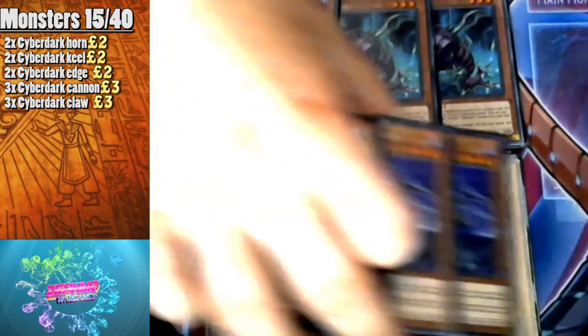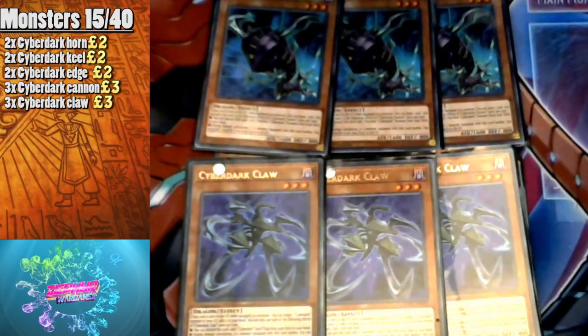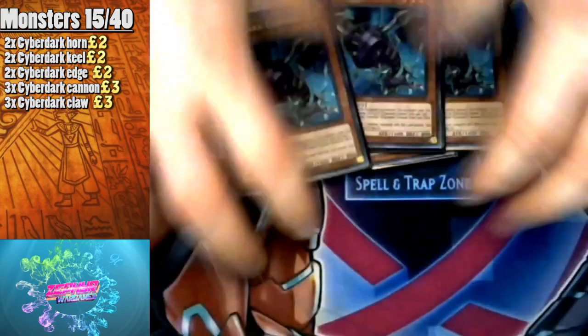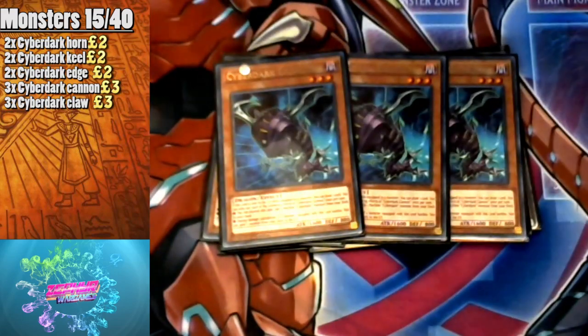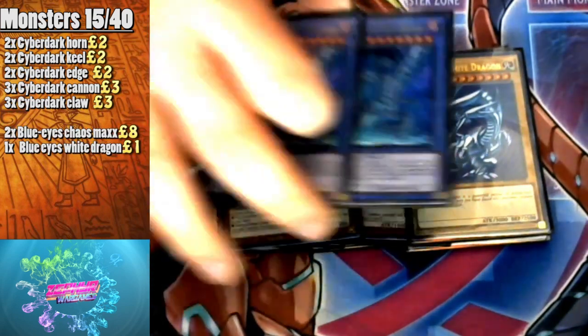Just get the most consistency out of both your machines and your Cyberdark spells. Just literally the most out of that. Now going to the Blue Eyes part, which is 1 Blue-Eyes White Dragon and 2 copies of Chaos